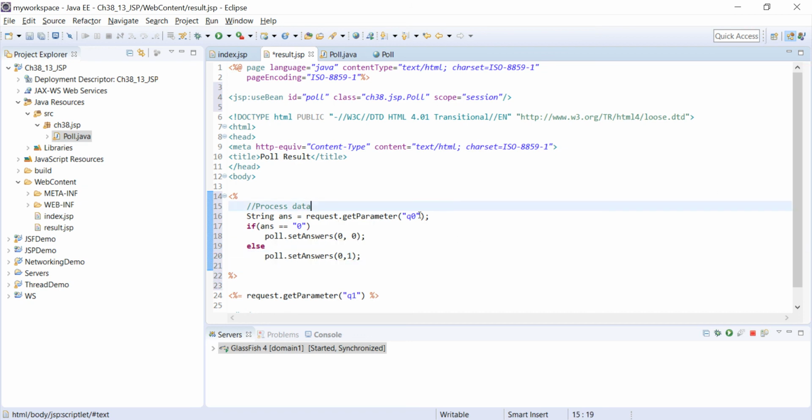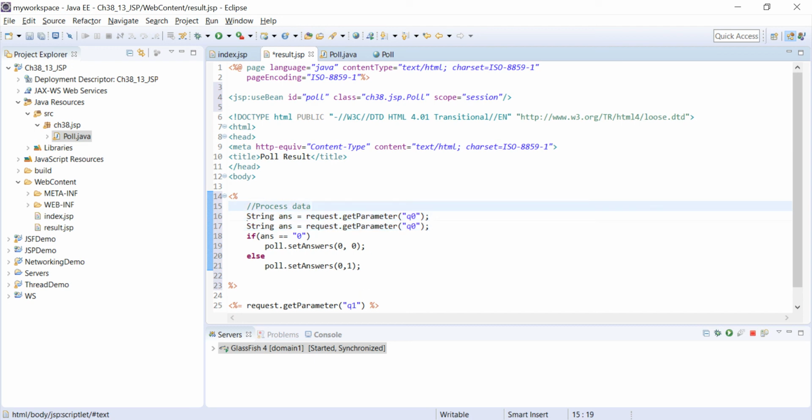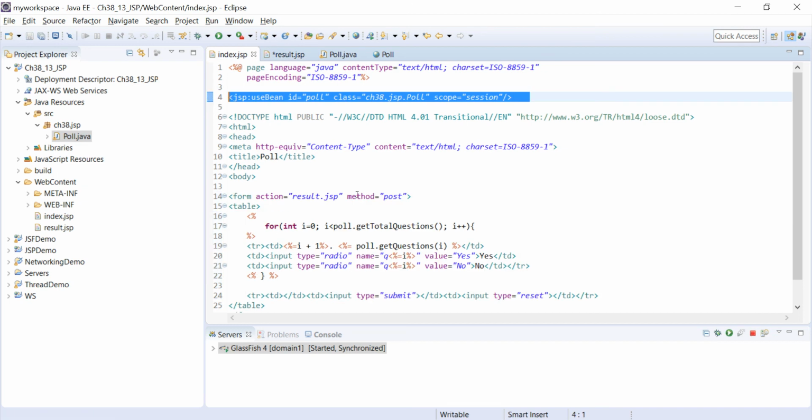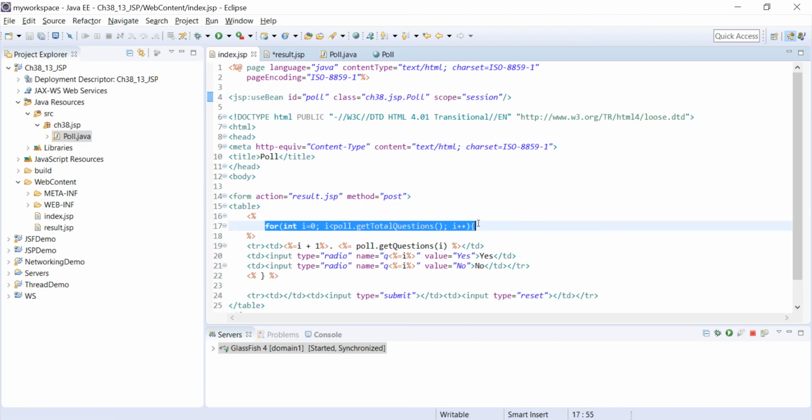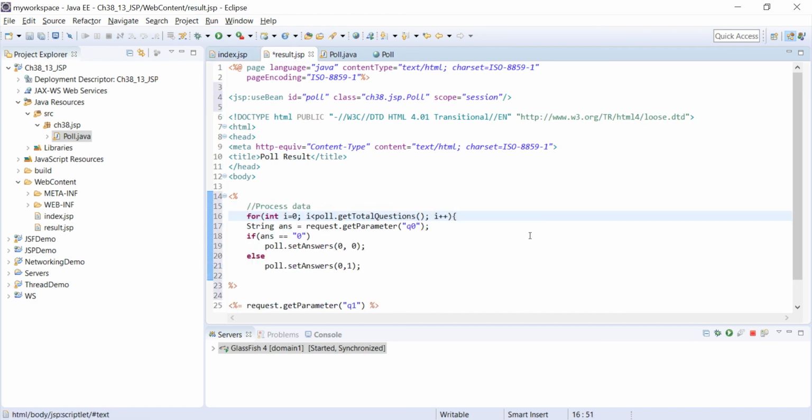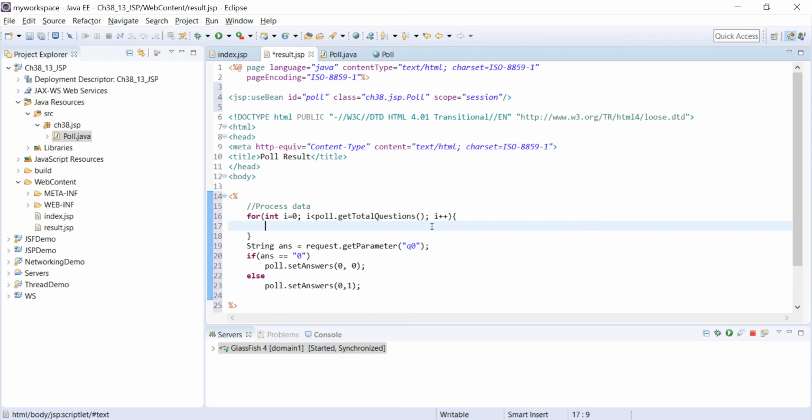But you don't want to do that for every single parameter manually like this. Next will be q1, q2, and so on. So again, you want to put this into a loop. Okay, so how many questions do we have? Well, if you look at the array here, we want to look at all the questions, so we can copy this and put it over here. So for all the questions, total questions,